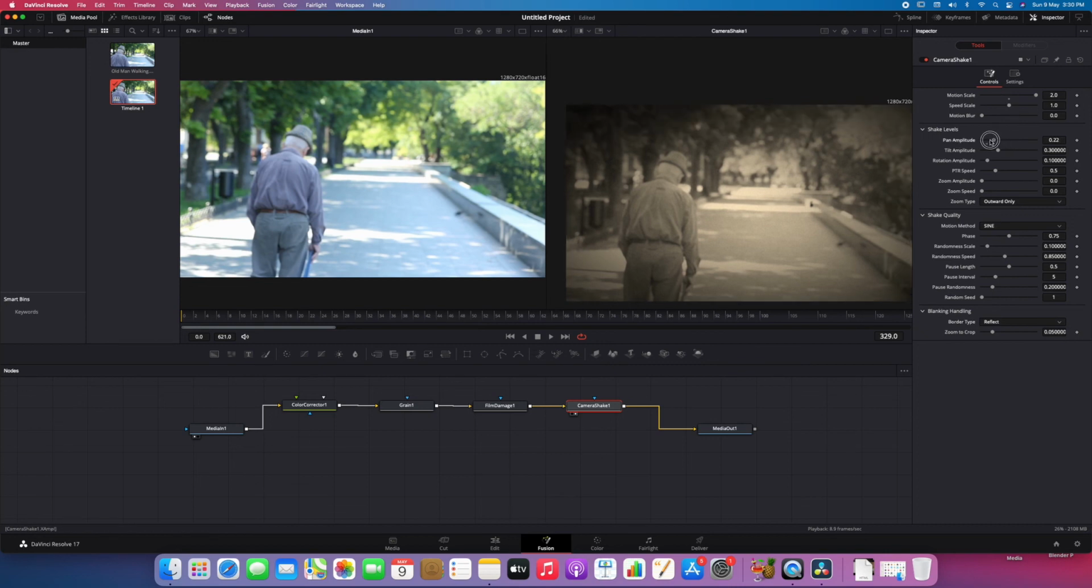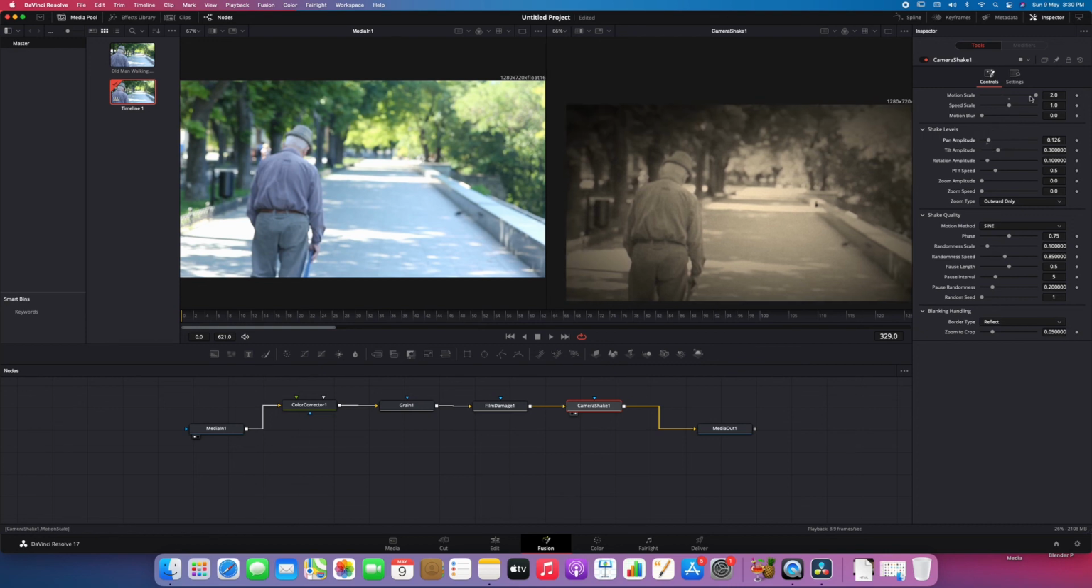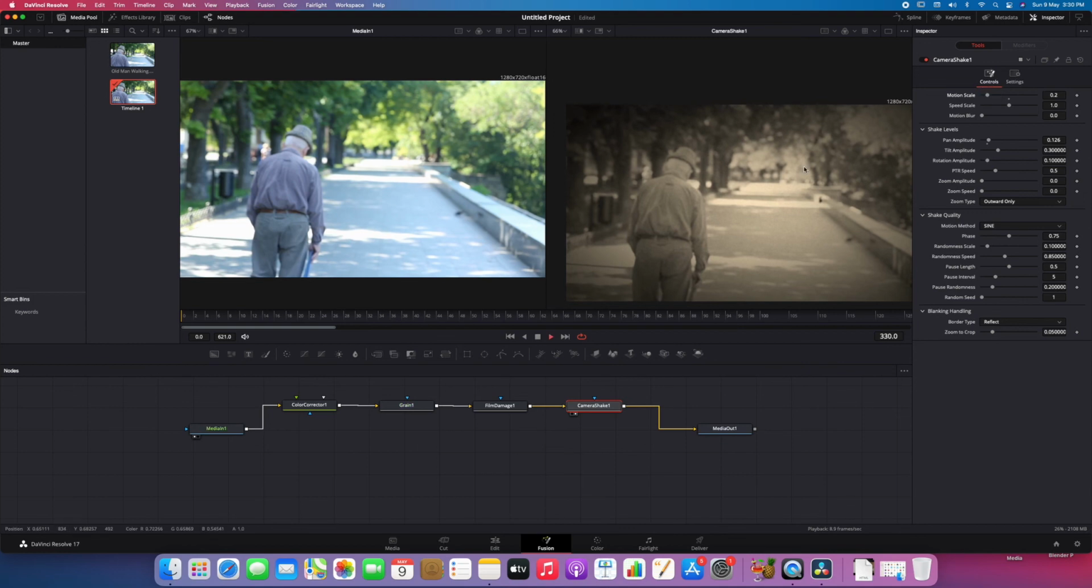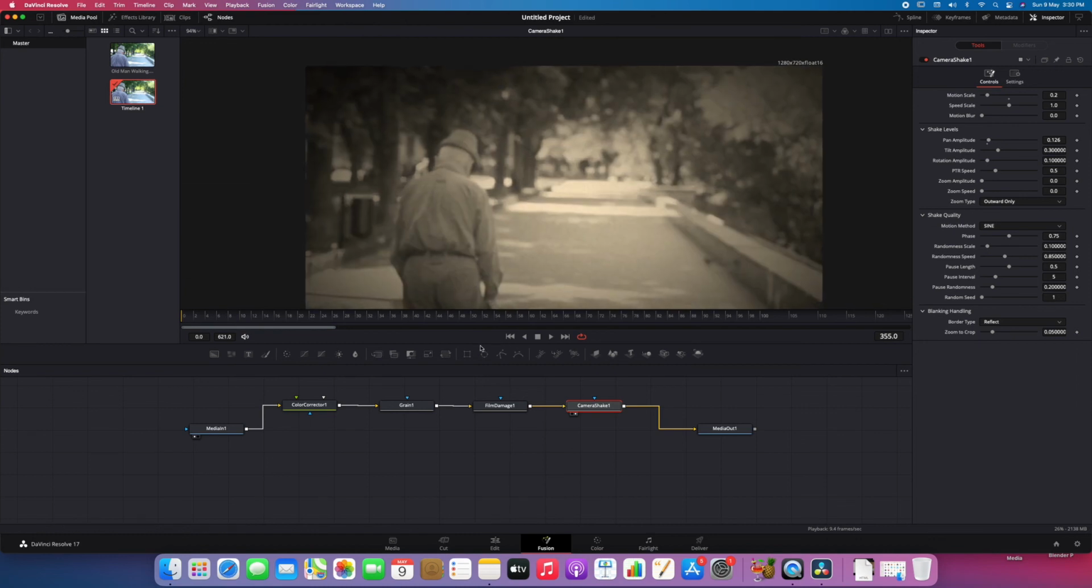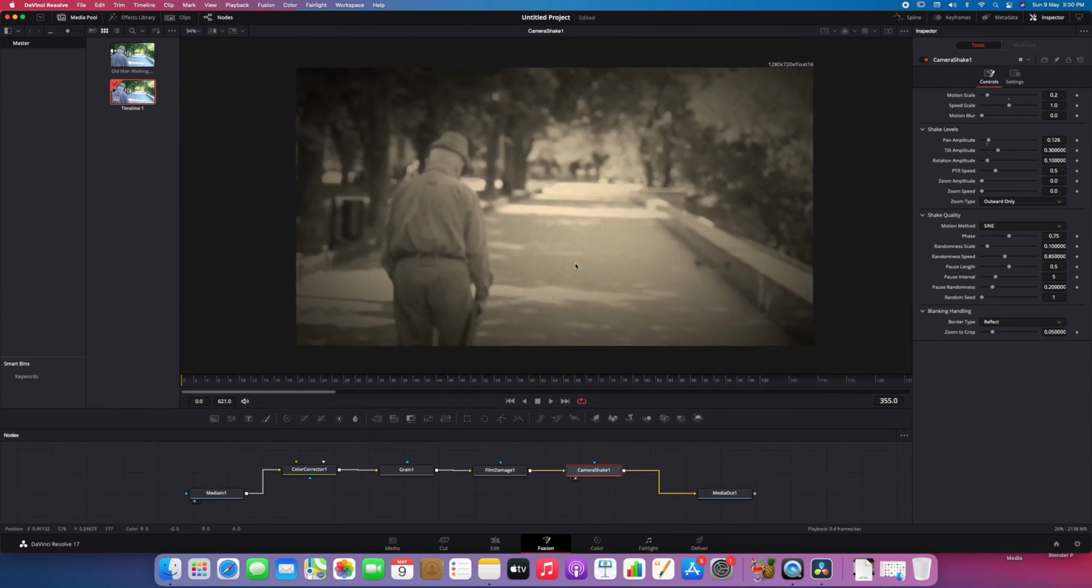So now let's reduce the pan and motion scale to half, as we don't need it. So we are done with this